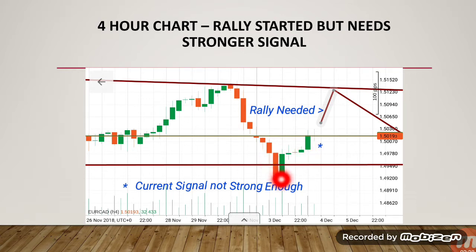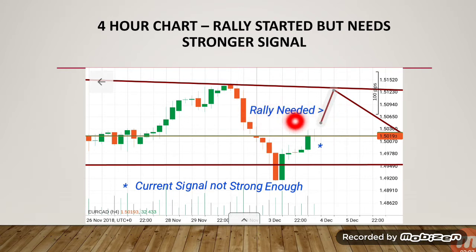So the market did reverse and has started the rally and has basically taken out these last set of bearish candles, but the weakness of this area here is indicating a weak setup. And the candle that has been formed here so far is not the strongest either. So I prefer to wait until the market provides us with another signal, either higher up or after a brief pullback, that is more convincing and stronger,